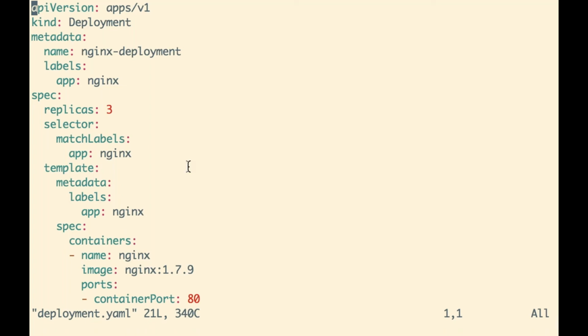In this case, we are saying that we want to create a deployment with the name nginx-deployment, which would have a replica set with 3 replicas, and each of these replicas would have a pod of this template. So if we run this deployment, we would have a deployment named nginx-deployment, which would have a replica set, and with the replica set, we would have 3 pods running using the nginx 1.7.9 image.